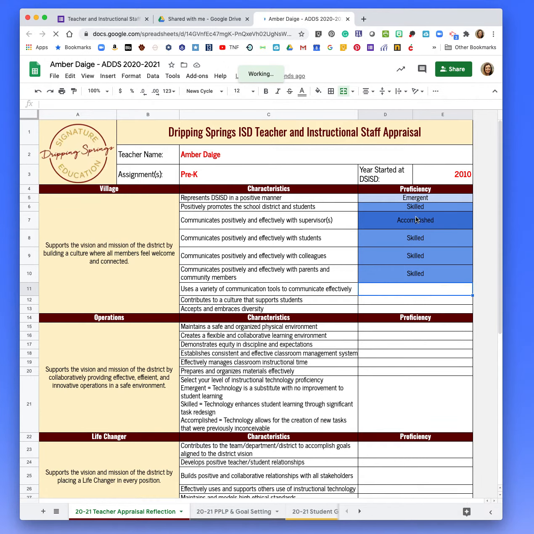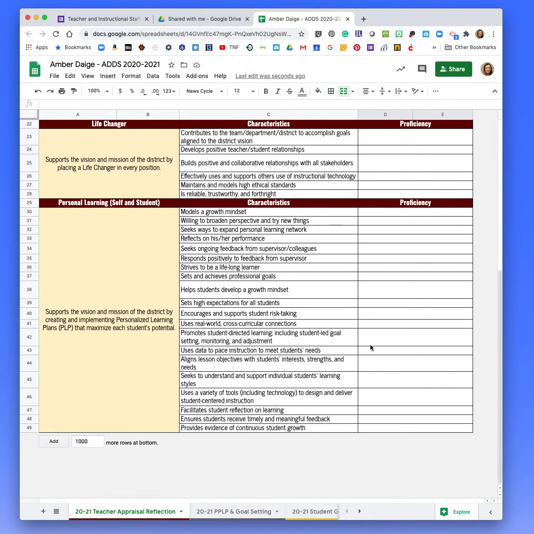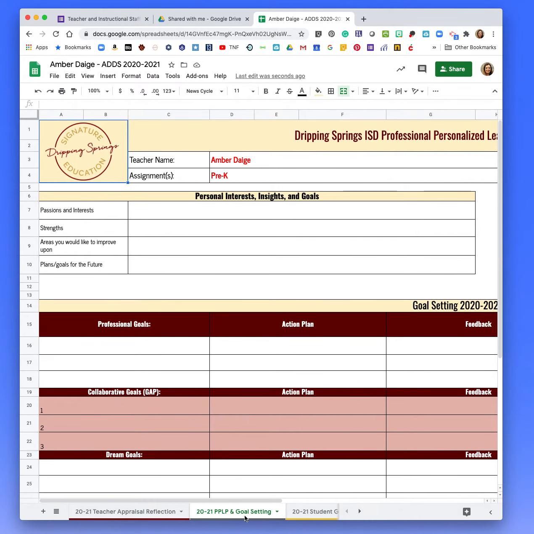The other option is, if you type in the word accomplished, it should automatically change the color for you. You can also just start typing the E, and that will come up for you. So that is another option. Then you're just going to go through and rate yourself, self-reflecting on each of these statements. And then on the second tab on the bottom,